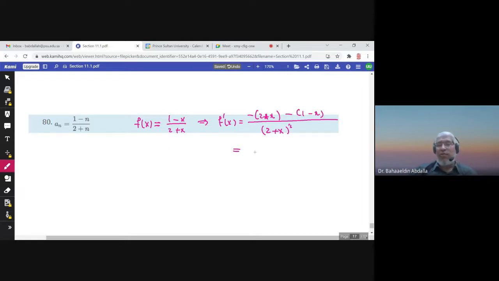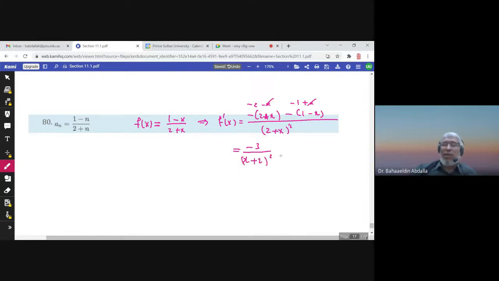So f prime of x is, I have -2 minus x and -1 plus x. The x cancels with the negative x, and I'll have -3 over (2 plus x) to the power